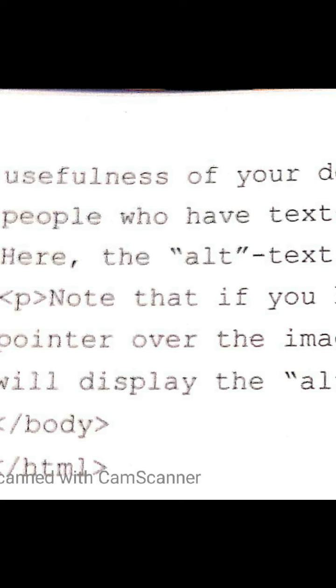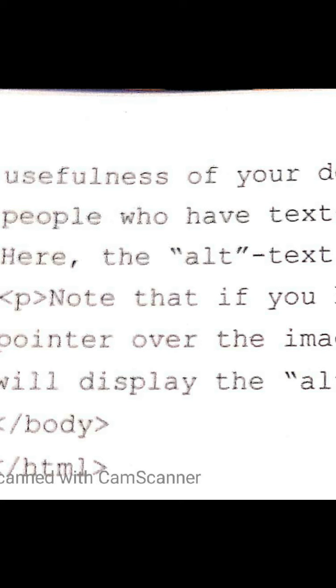Students, hope you understood how to use src and alt. If you want to insert an image in HTML, we require a few attributes for that, like src, alt, width, height, border and align.